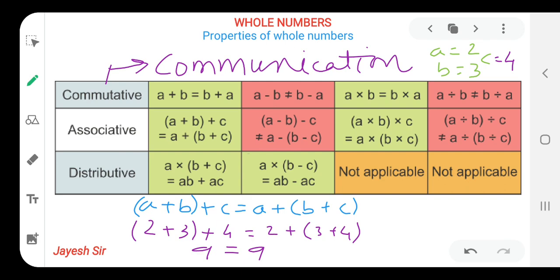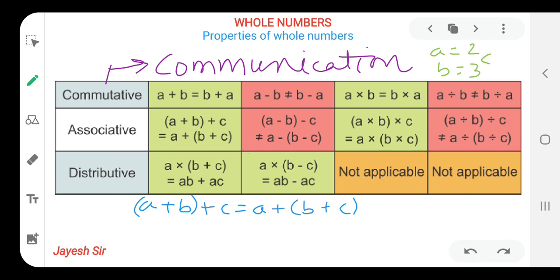The associative property is also suitable for addition and multiplication only, and it is not suitable for subtraction and division. So this is your homework, or self-practice, so that you can derive the remaining three of the associative property at home for your deep understanding. I have cleared all the concepts of the commutative property and one concept for the associative property. But still, let us try the multiplication identity for the associative property so that you can easily remember it. Multiplication, subtraction and division you have to do at home and check whether it satisfies or not.